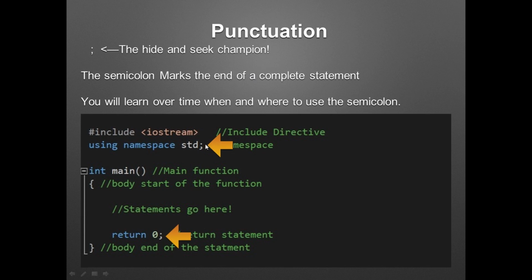Now, the problem with this is that you should automatically be noticing that #include <iostream> does not have a semicolon on the end of it, but using namespace has a semicolon here. And main doesn't have a semicolon on the end of it, but return 0 does. So there are a lot of different places where a semicolon is used and where it is not used. From this template here, anything that you write as a statement is usually going to have a semicolon on the